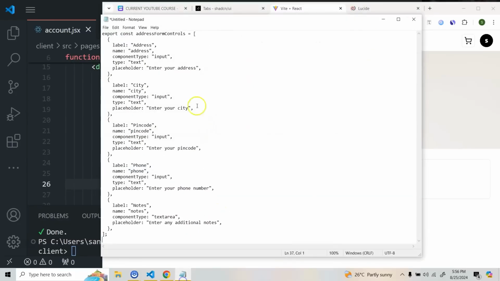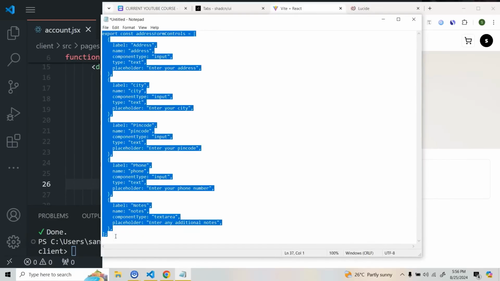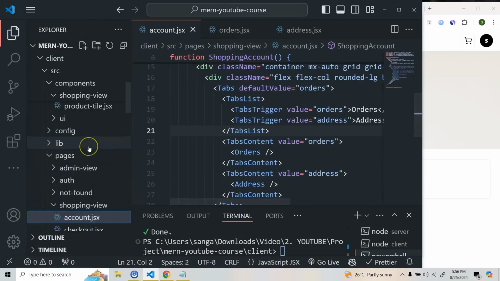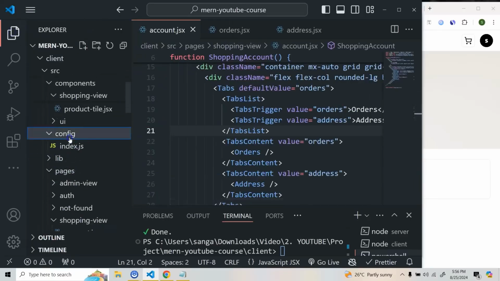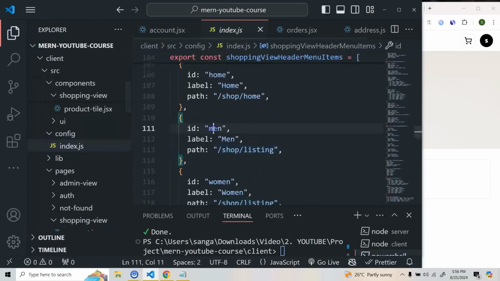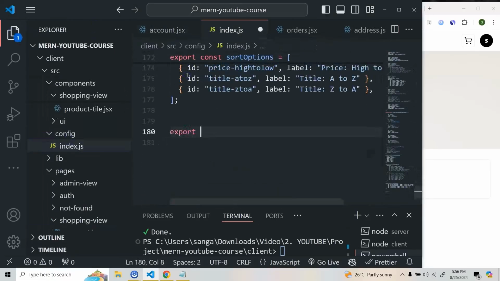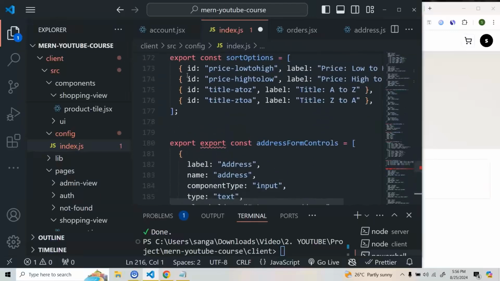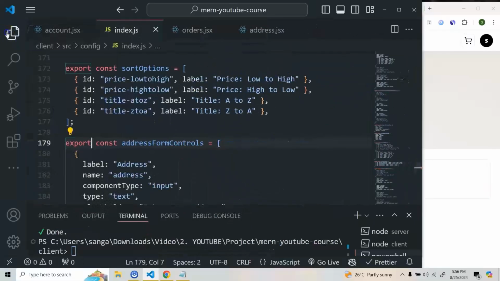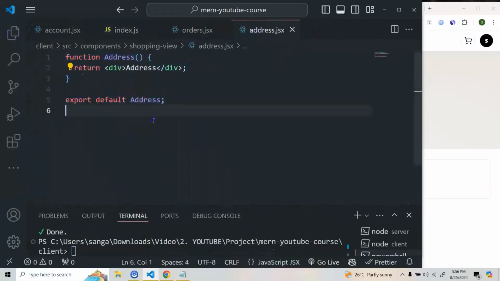So here what I've done, right, again I already created some address form controls. So you can see that a label which is address, then city, pin code, phone, and notes. Okay, so now I'm going to copy this, and then we'll go to our config. Now again I'll share everything in code, you'll be able to get it from there. I'm pretty sure you also would not want to write these things, they are very repetitive. So this will be our address form controls,